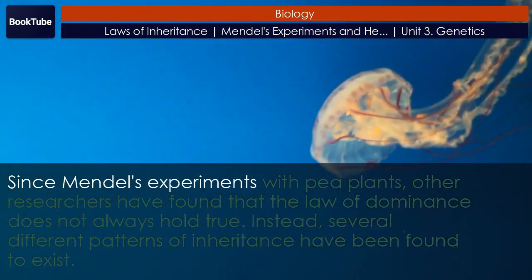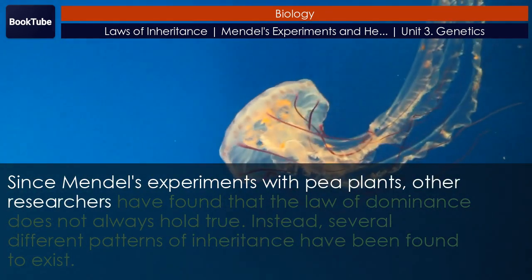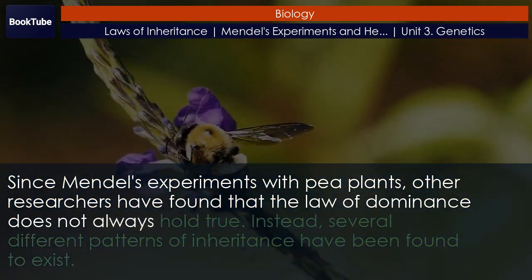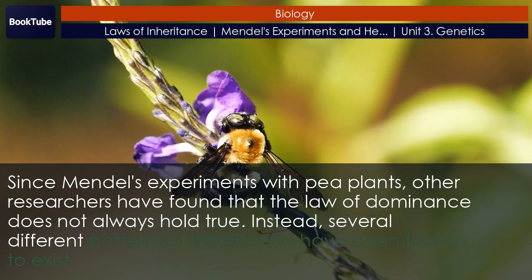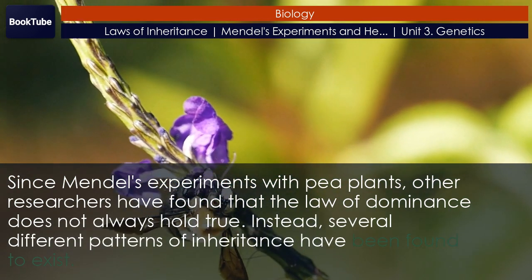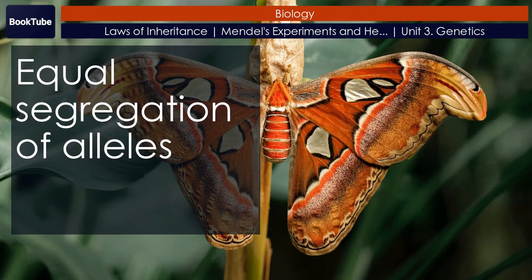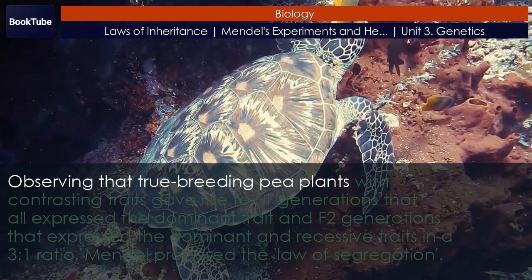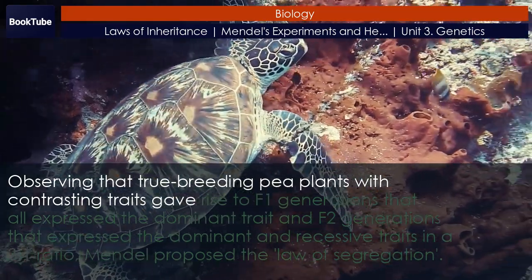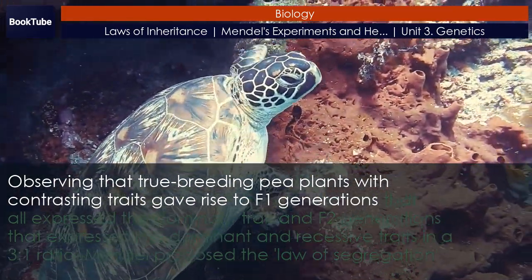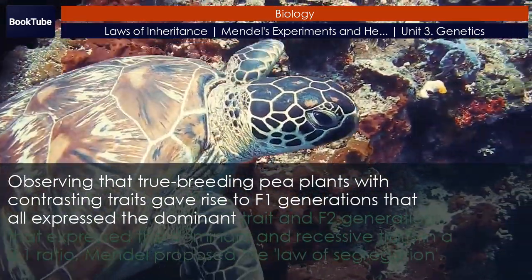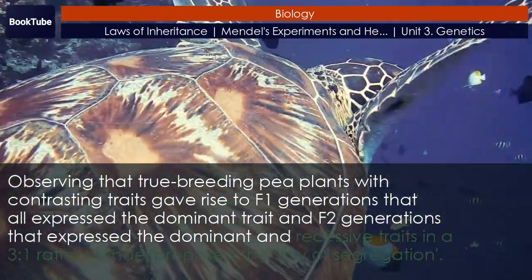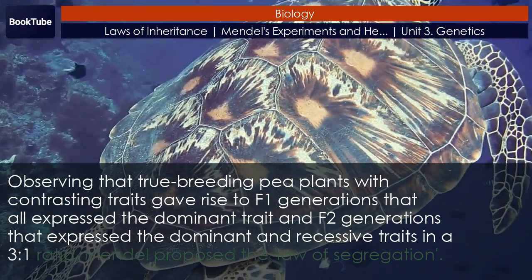Since Mendel's experiments with pea plants, other researchers have found that the law of dominance does not always hold true. Instead, several different patterns of inheritance have been found to exist. Segregation of alleles. Observing that true breeding pea plants with contrasting traits gave rise to F1 generations that all expressed the dominant trait and F2 generations that expressed the dominant and recessive traits in a 3:1 ratio,